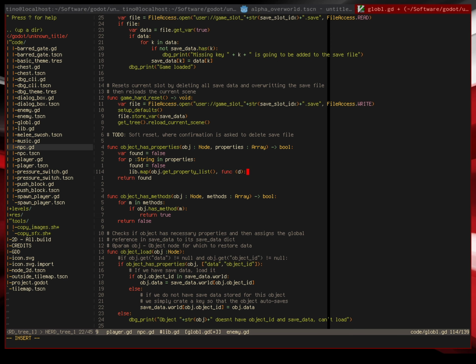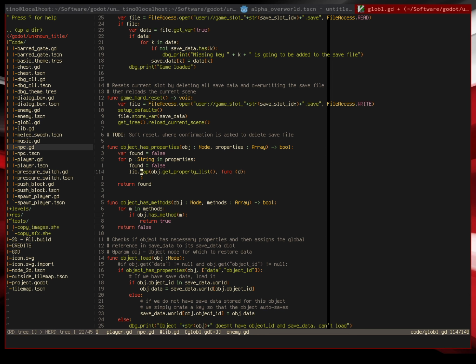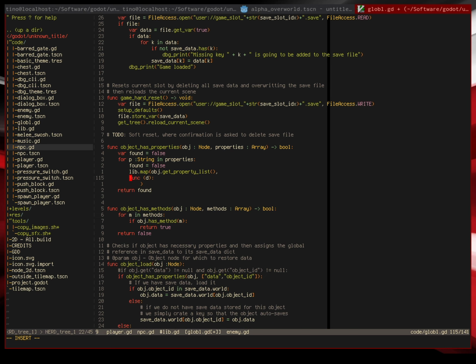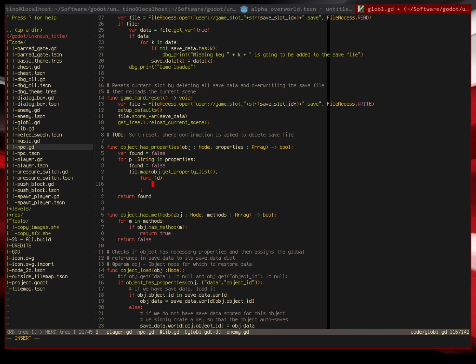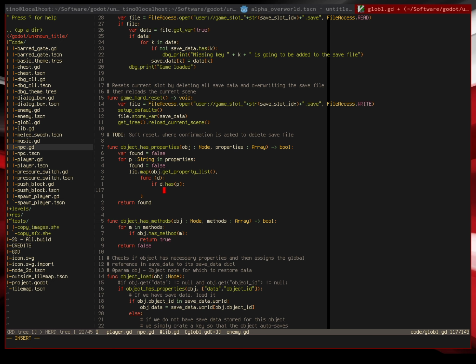This is a dictionary. This is what you can do in Godot now, so it's awesome. Anonymous functions. If dictionary has p, found equals true,